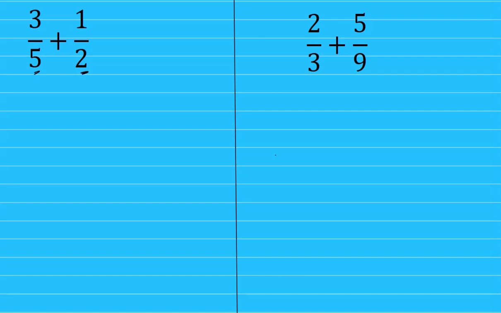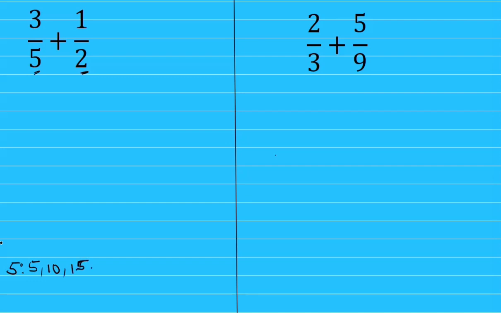So what do we have to do? We have to find a common denominator for the 5 and the 2. And how do you do that? We have to know the common multiple of 5 and 2. So let's find the common multiples of 5 and 2 here. First we find the multiples of 5. Let's take 5. Multiples of 5 are going to be 5, 10,